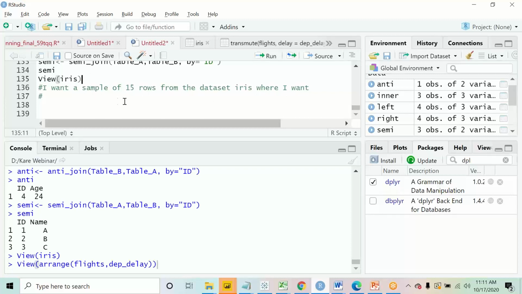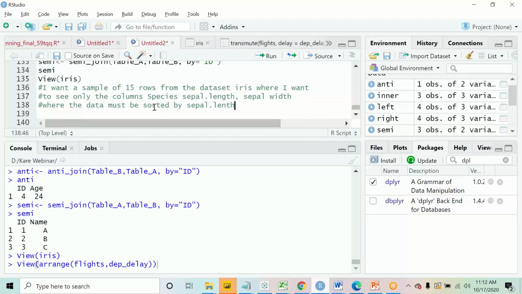I want a sample of 15 rows where I want to see only the columns species, sepal length, and sepal width. Okay, these three columns are what I want to see in the output, where the data must be sorted by sepal length.